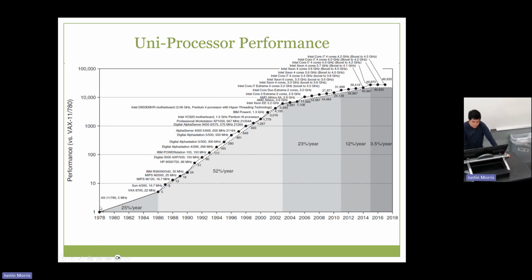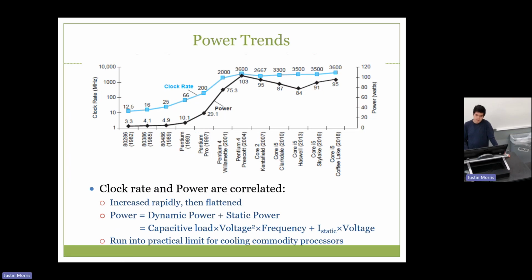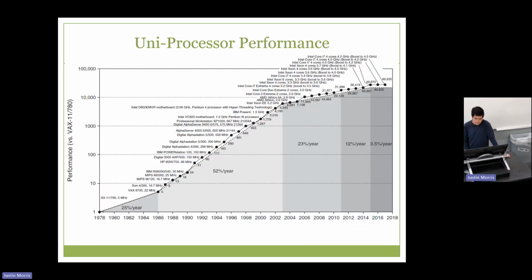And going back to, again, the late 70s, early 80s, we can see that our performance has been increasing steadily year over year. 25% performance per year early on, and then around 50% performance per year throughout the late 80s to the early 2000s. Then we're getting a quarter faster, then 10% faster every year, and now we're kind of stagnating. Okay? So one of the reasons that we're stagnating was this power wall, but the other reason is technology